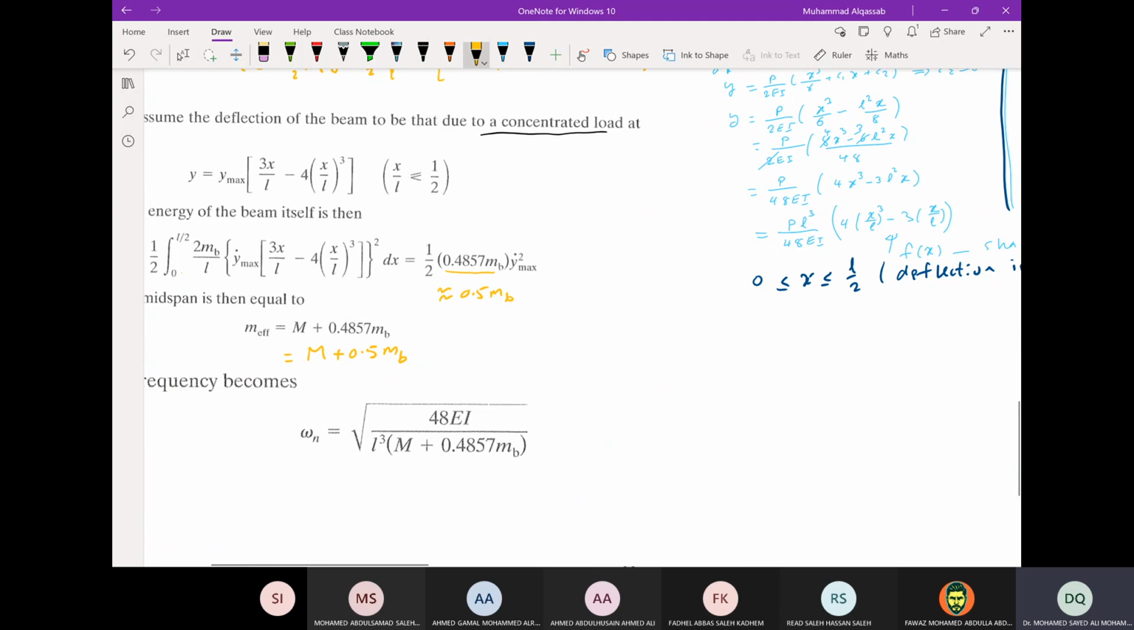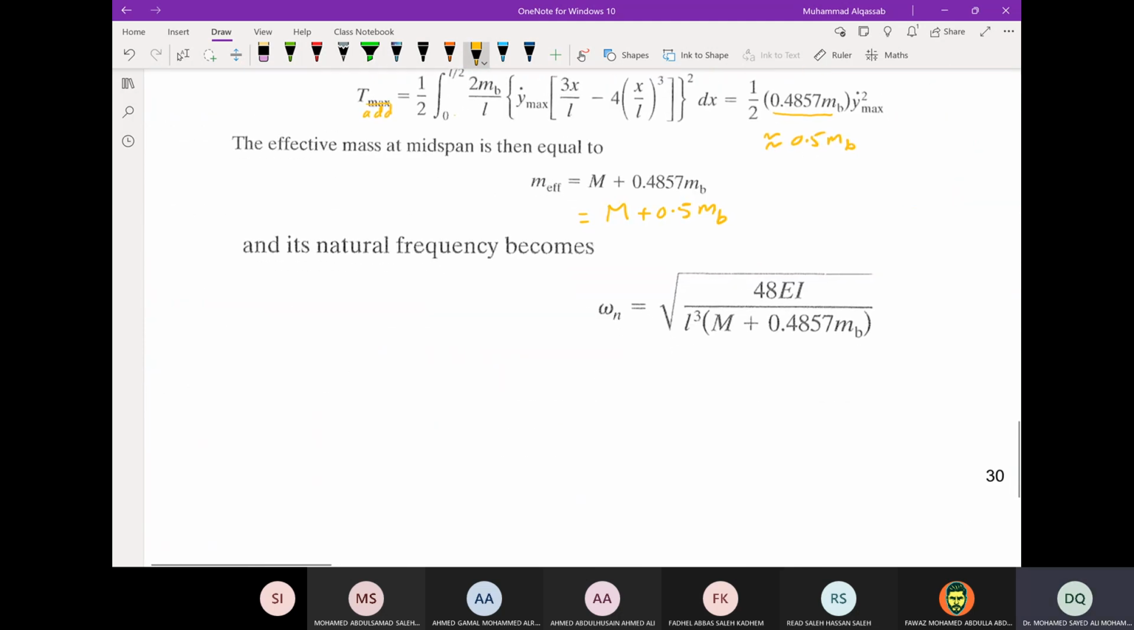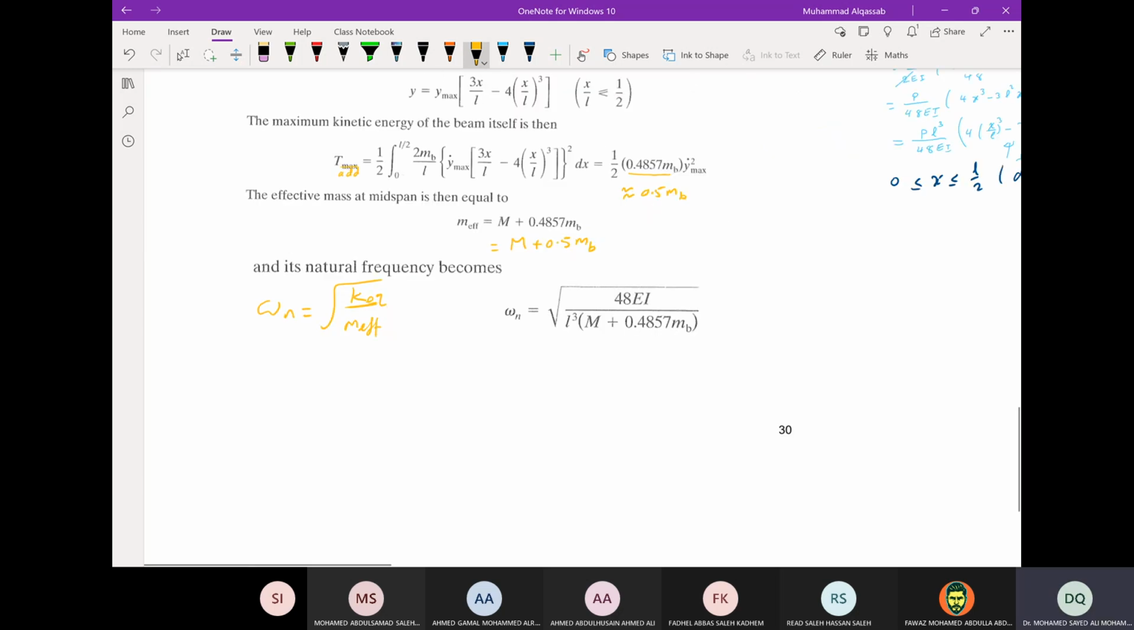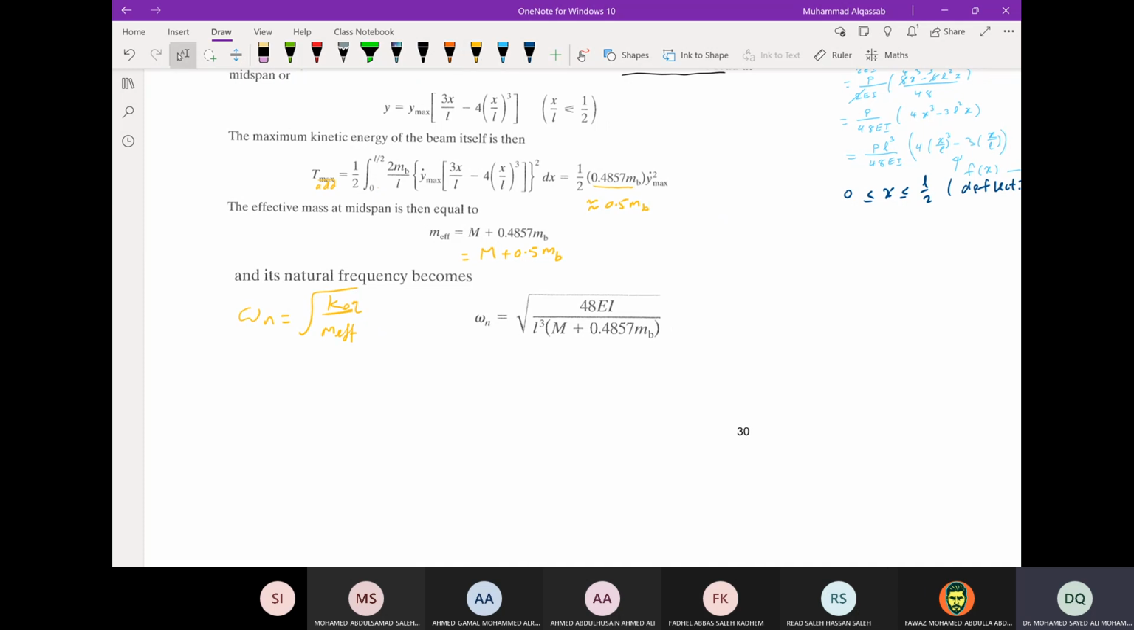Once you determine the effective mass, omega n is the square root of K equivalent over M effective, which is 48 EI over L cubed over M plus 0.4857 MB, the mass of the beam in kilograms. This is for the distributed mass system, two examples. In the tutorial,